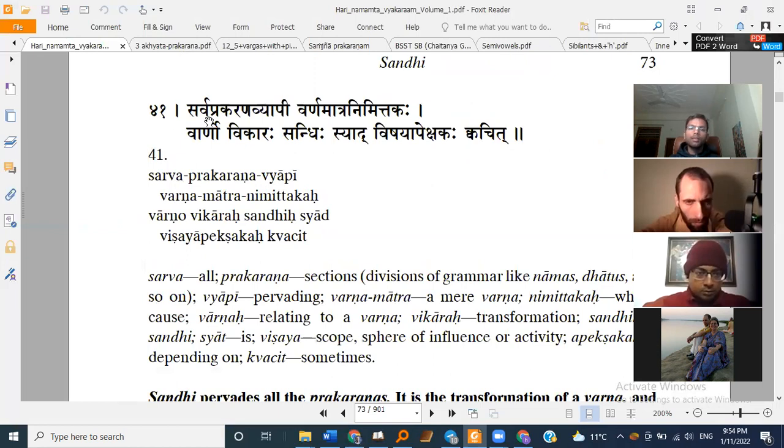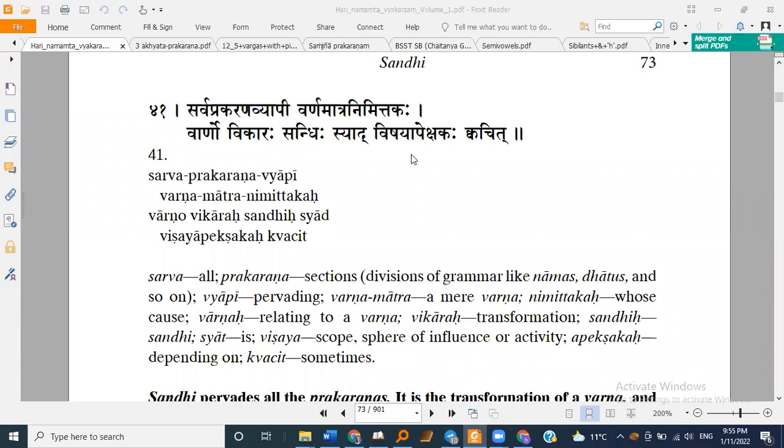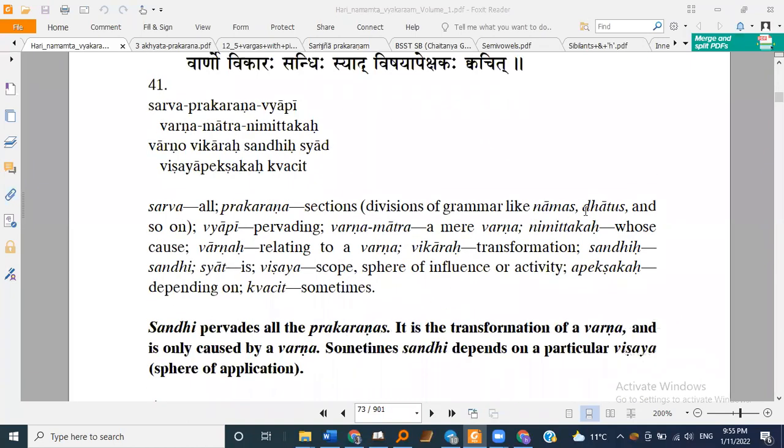Sarva Prakarana Vyapi Varnamāmṛta Nimittakah Varno Vikarah Sandhi Syad Vishayapekshakah Kvachit. Sandhi pervades all the prakaranas. It means that we have 7 chapters, let's say 6, excluding the Sandhi chapter itself. In all the chapters, the operations or karyas of Sandhi are done. We'll see how the Sandhis are done in compounds,